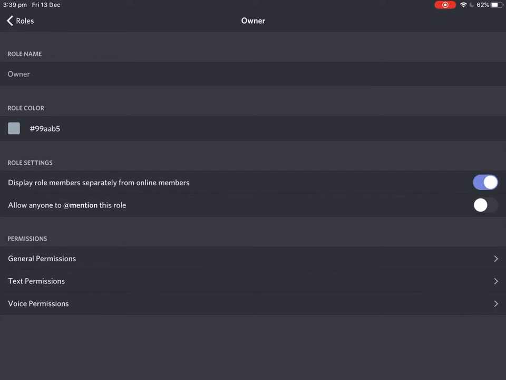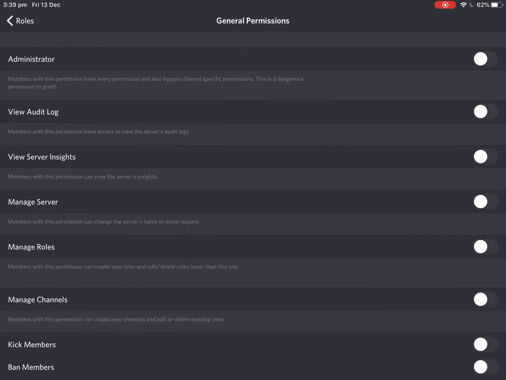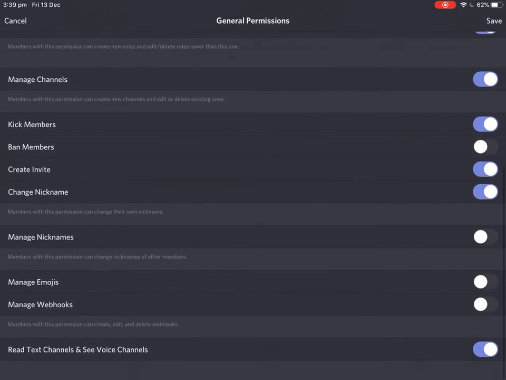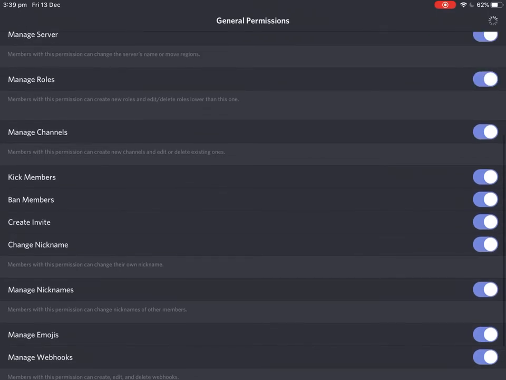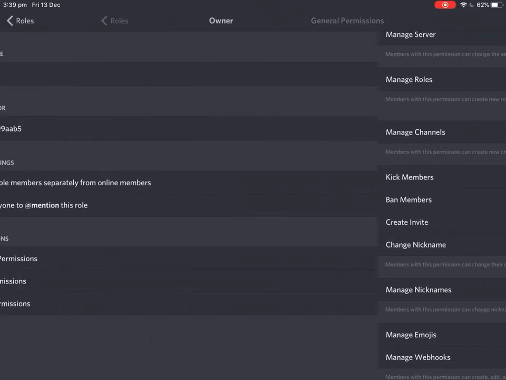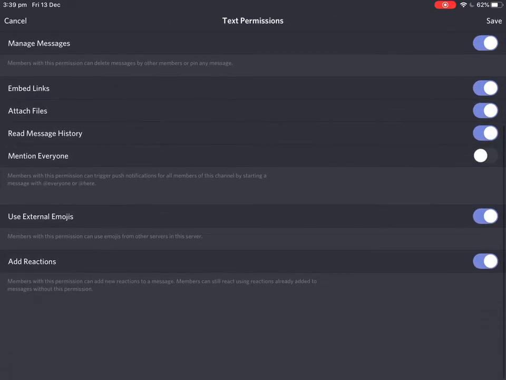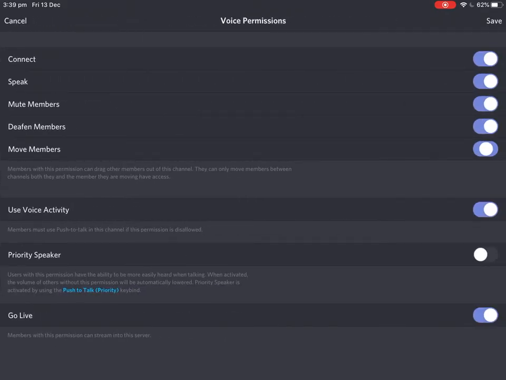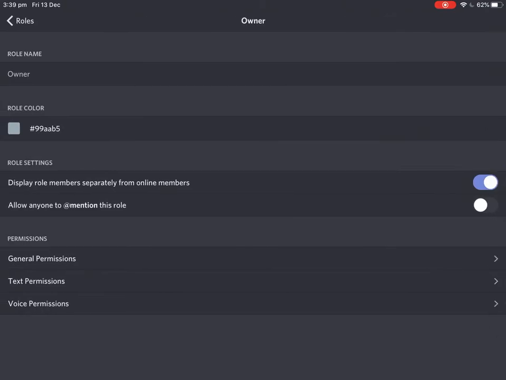And now go into general permissions. You want to have everything on, mention everyone on. And this is where I have the voice permissions, everything on except for priority speaker. Usually this permission gives the ability to be more easily heard when talking. I don't feel the need for that. So once you've done that,